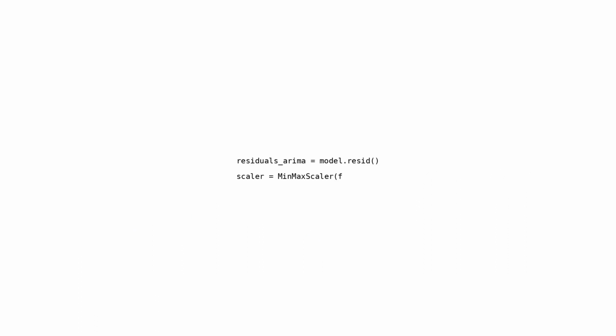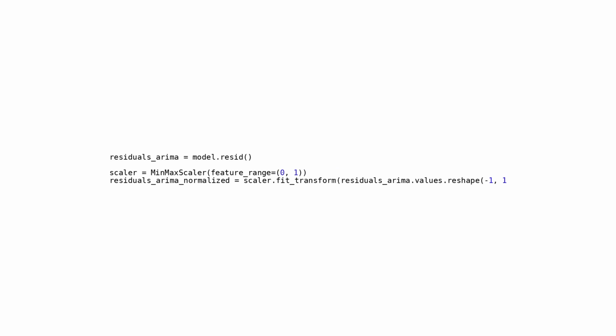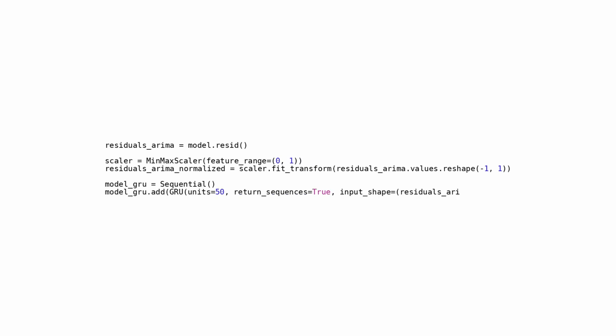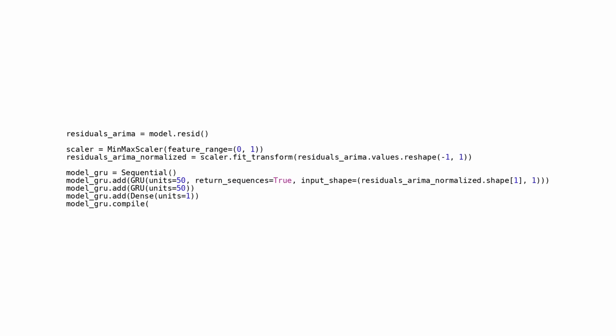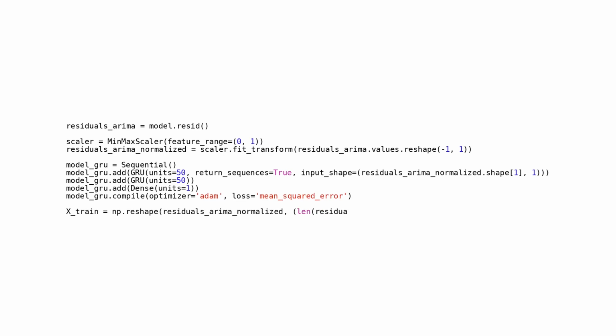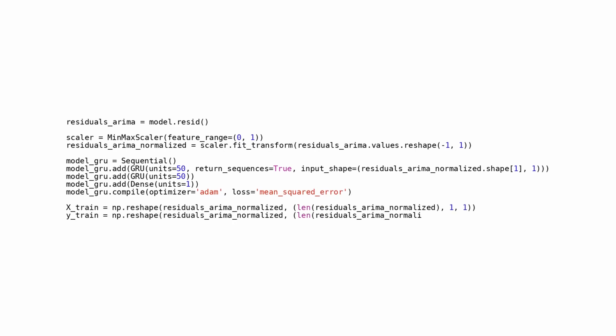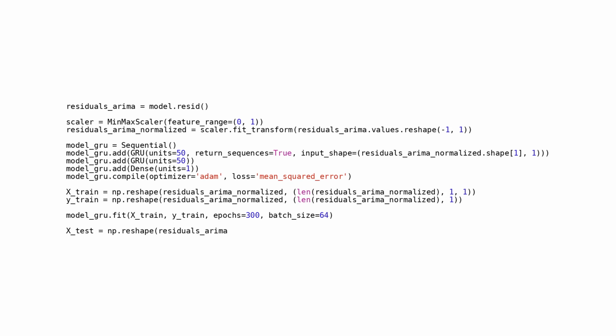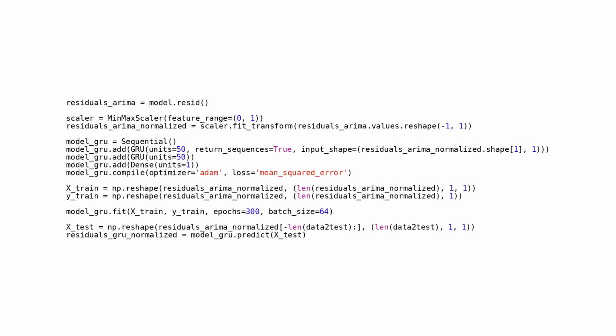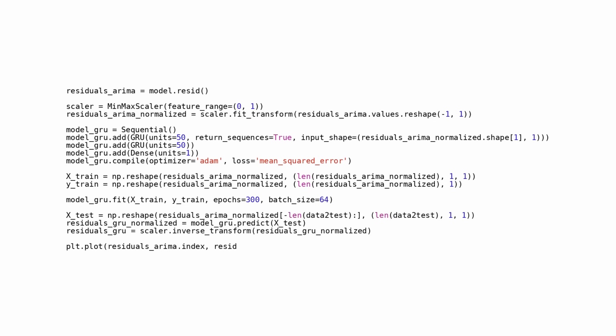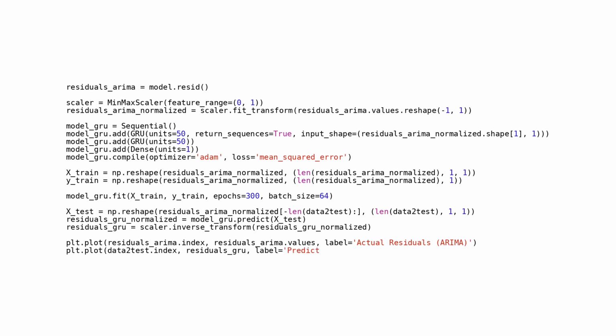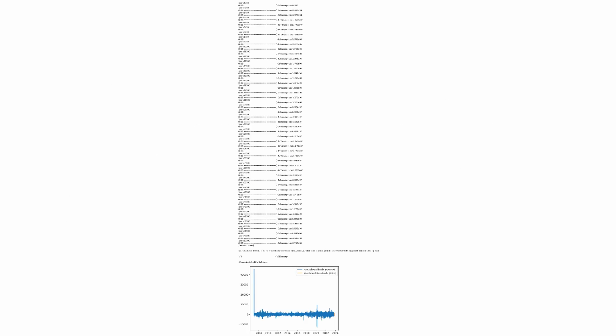This Python code snippet combines Arima and GRU neural network models for time series analysis. It begins by taking the residuals from an Arima model and normalizing them with a min-max scaler. Then, a GRU model is created with 2 layers and trained with selected hyperparameters. The model is then used for testing and prediction, and the results are visualized with a line chart. The ultimate goal is to enhance Arima predictions by using a GRU network to capture any overlooked patterns in the